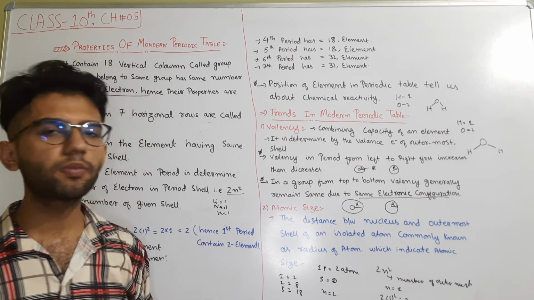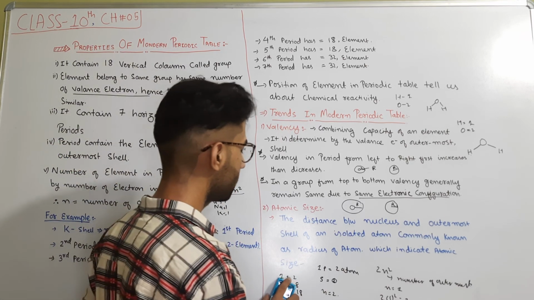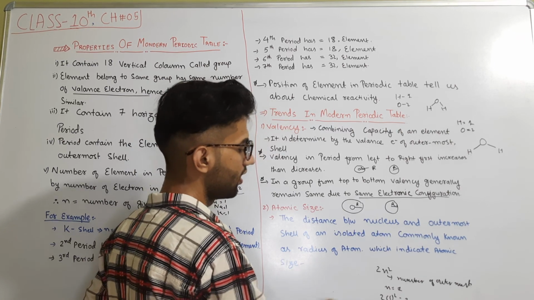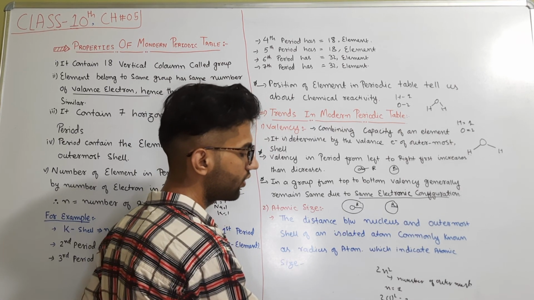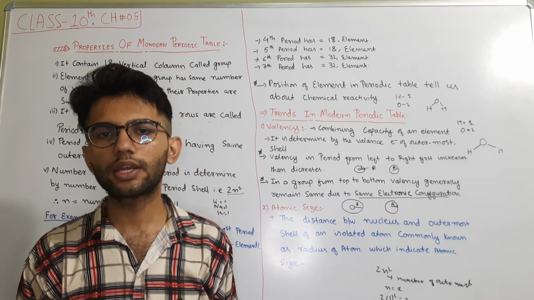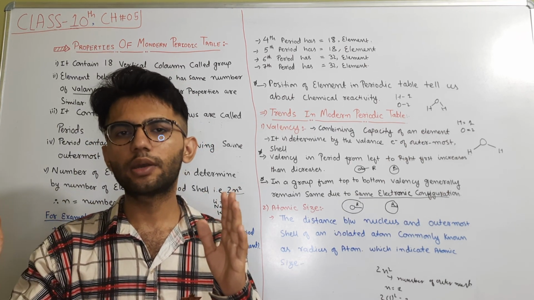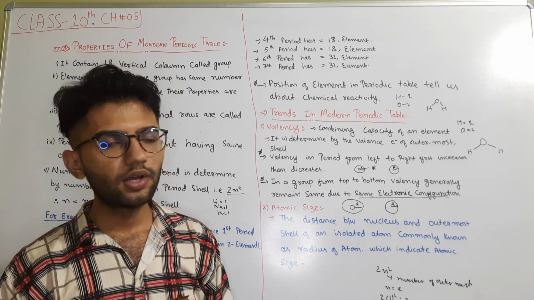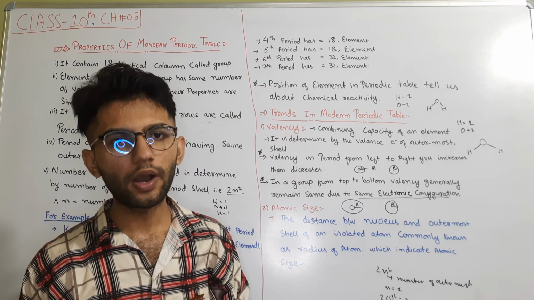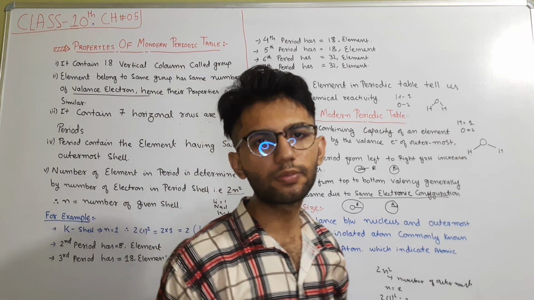What are the changes in atomic size in a group or from left to right? It will be discussed in our further chapter topic. Until then, you need to be clear in your mind that atomic size simply means atomic radius, the distance between the nucleus and the outermost shell of an atom. There are some changes going from top to bottom in a group or from left to right in a period. These changes we will describe in our next part.